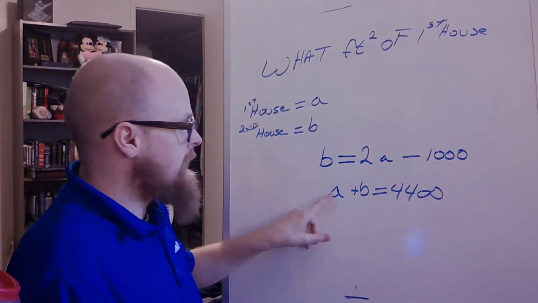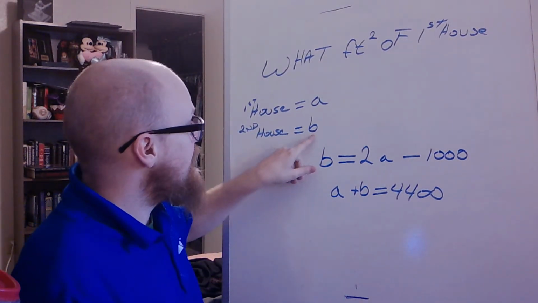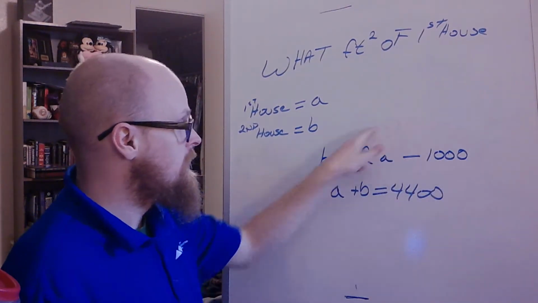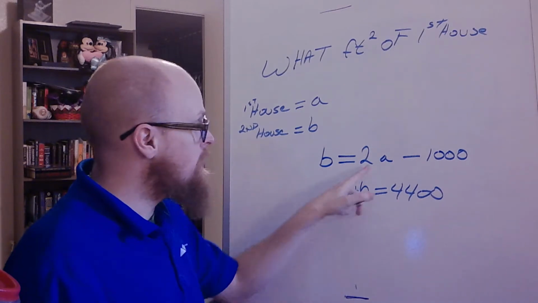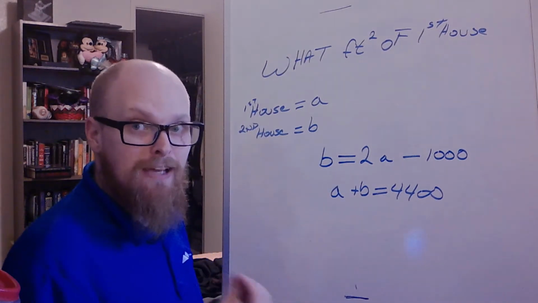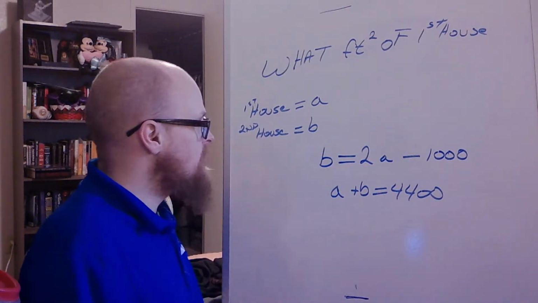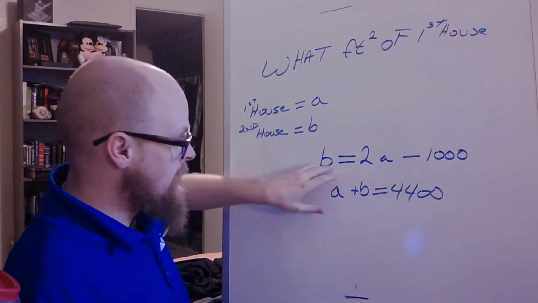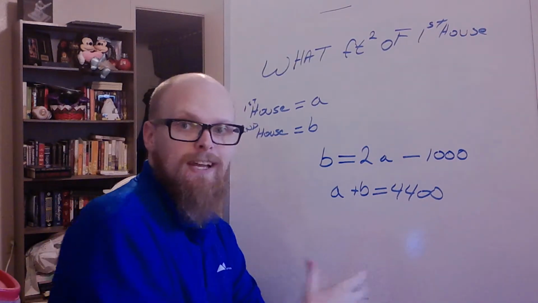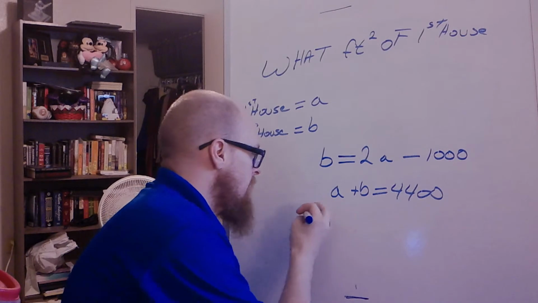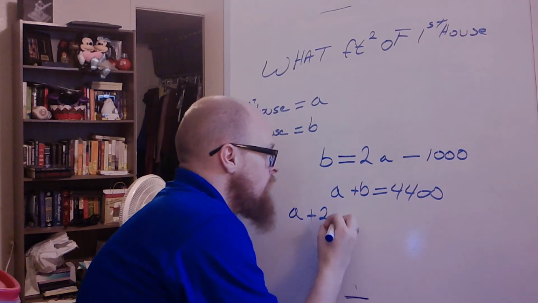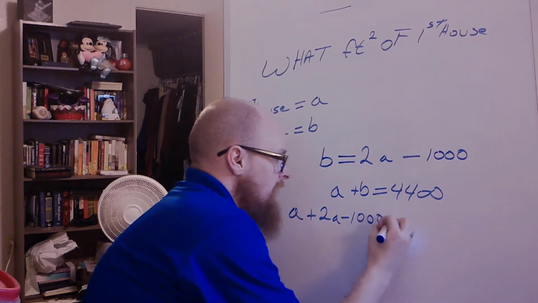Now in this case, I don't know what A is. I kind of know what B is. B is this. It's not a number, but it gives me an A as another variable, right? Since A is all I care about, I can take what B is, 2A minus 1,000, and I can plug that in for my variable B just like I would a regular number. Right? So it would be A plus 2A minus 1,000 equals